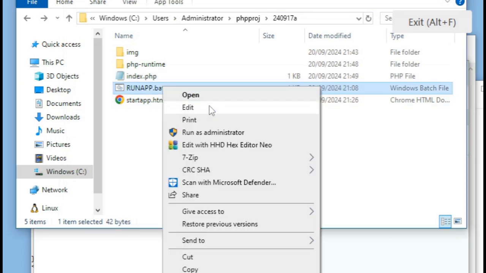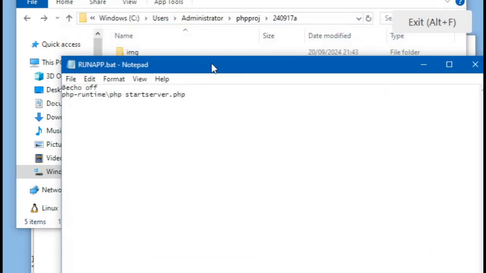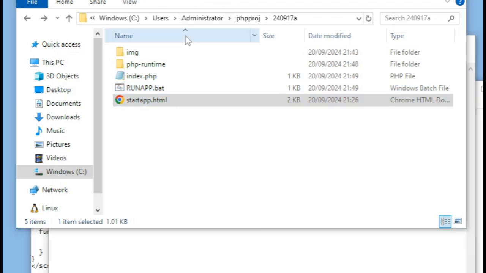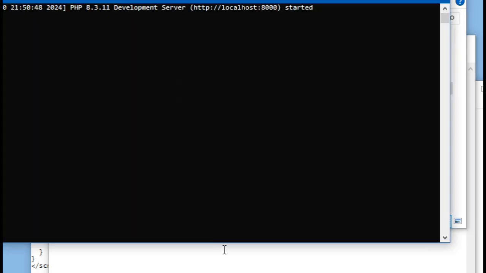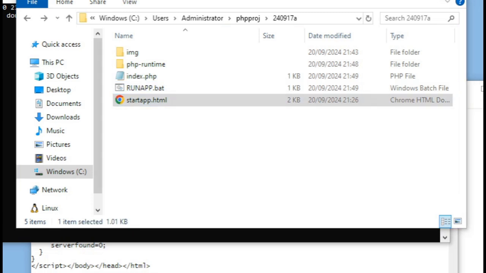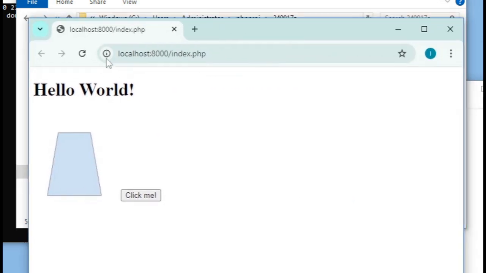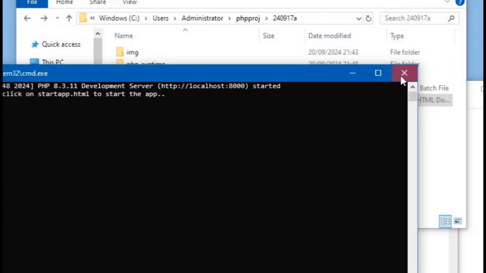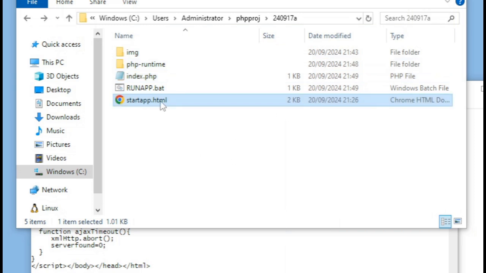And as regards the run app.bat, so as regards the start server.php, that's now inside php-runtime/startserver.php. And I think that should be sufficient. So if I now click on run app.bat like that, and click on the start app.html like that, so that's working fine. If, for example, the user doesn't click on run app.bat but clicks immediately on start app.html,